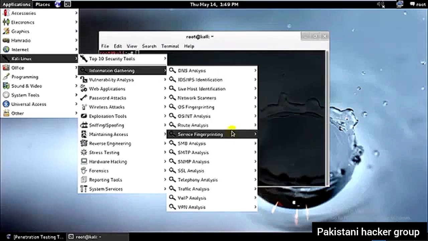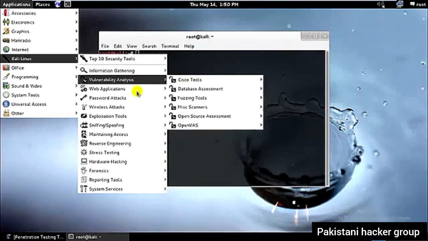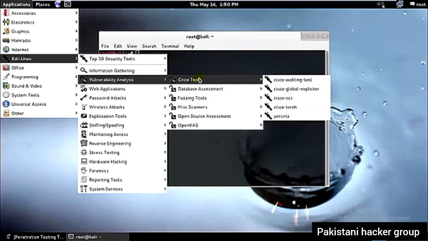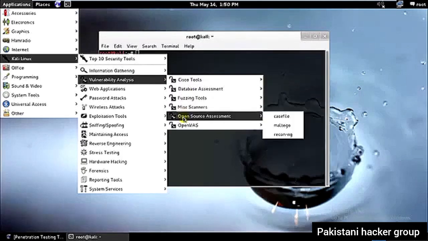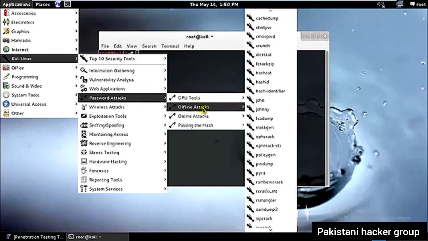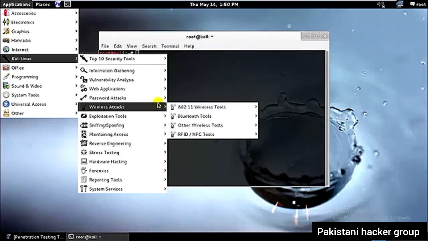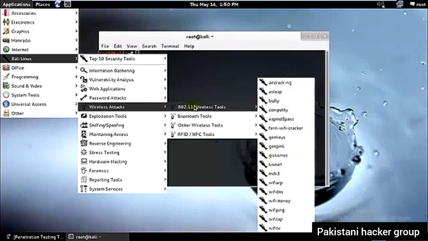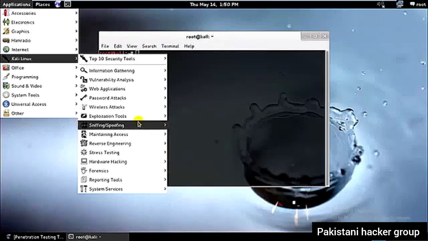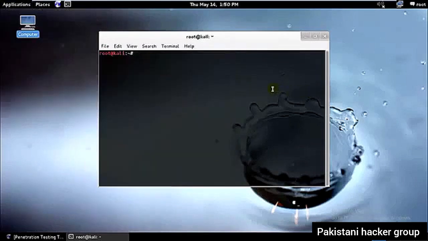As you can see, we have loads of other tools, and we will be learning almost 90% of them in these tutorials starting from now on. So these are vulnerability analysis for the websites, checking how secure they are. These are for the web applications running online. These are offline attacks. And password attacks can be much faster if you have a graphics card with you, because almost all of the time, password attacks are cracked by graphics cards. The reason being that they are much faster than a normal CPU. So we have your wireless tools, exploitation tools, sniffing, spoofing, maintaining access, reverse engineering, and many more. So starting with the dnsenum,